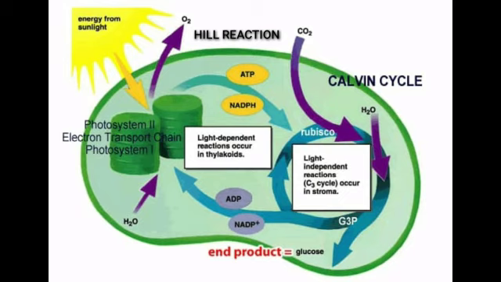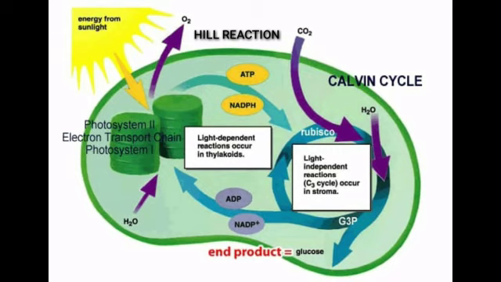The second one is light independent reactions, that is the biosynthetic phase. The second step is called dark reaction or biosynthetic pathway. It is carried out in the stroma. During this reaction, CO2, that is carbon dioxide, is reduced into carbohydrates with the help of light generated ATP and NADPH2. This is also called the Calvin cycle and is carried out in the absence of light. In Calvin cycle, the inputs are carbon dioxide from the atmosphere and the ATP and NADPH2 produced from light reaction.